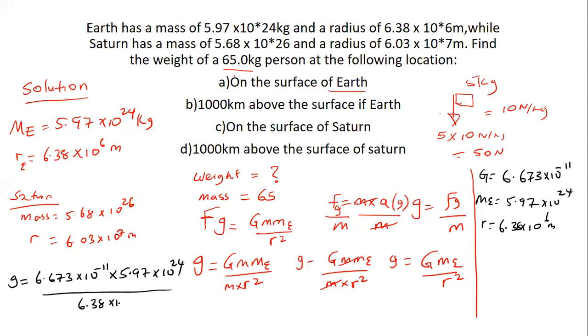6.38 times 10 raised to what? 6, all of it squared. Okay, is that understood? So I said, to make your life easy, you will multiply the values first. Ignore these indices first. Now, if you use a calculator, let's use a calculator and say